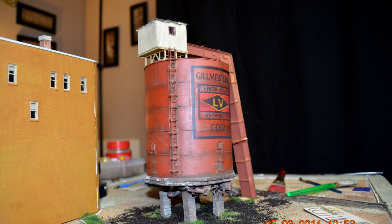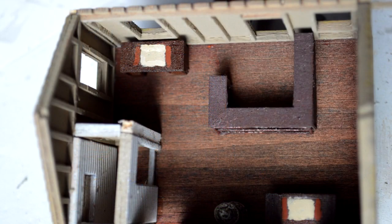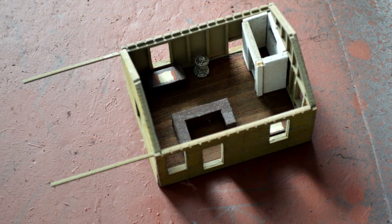Really, the amount of detail that goes into a project like this will never be paid for. Nobody would ever pay for this type of modeling. This is the type of stuff that you do for yourself, and that's it. Who could afford this? Unless it's going to a museum and they like you to donate that stuff. But anyways,